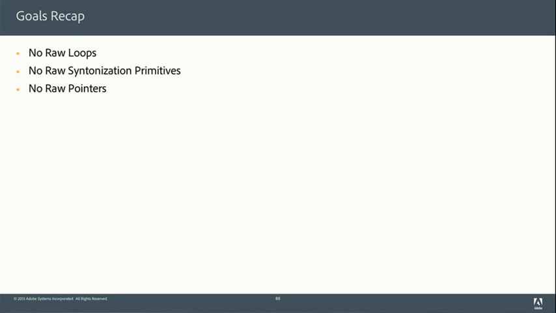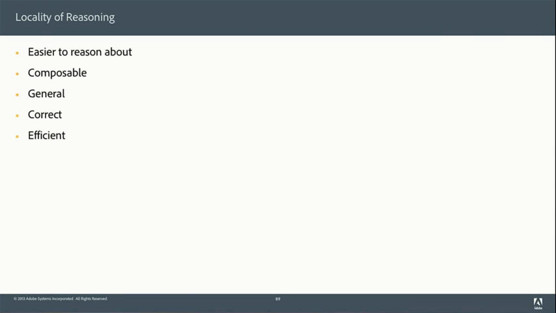A recap. These are the 3 goals that I covered. And really what this is all about is locality of reasoning. When I pick up a piece of code and I'm reading it, ideally everything that I need to know is in that piece of code. And I don't have to go and look at my entire system in order to reason about just a snippet. I don't have to know what other classes are banging on my objects. If I achieve that, my code gets more composable, more general, more correct, more efficient. Add all the little adjectives you would like there, more secure.